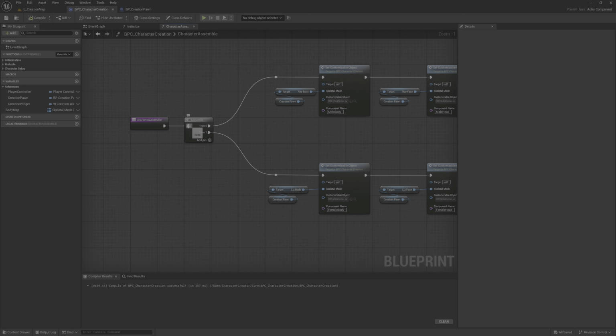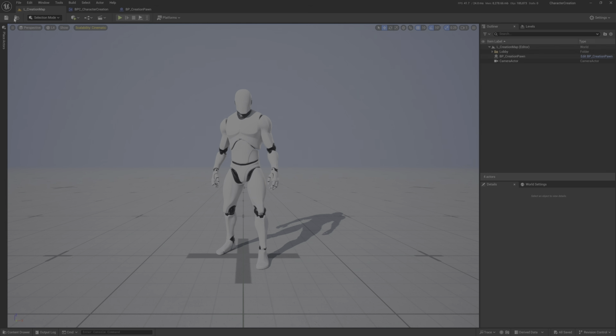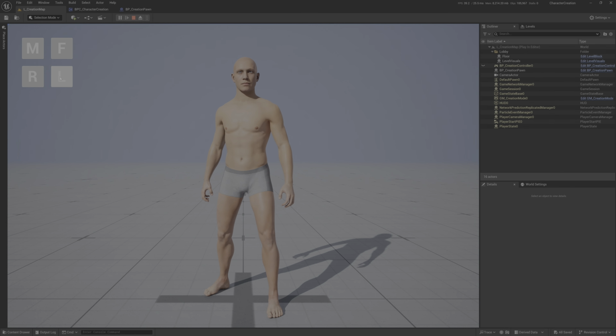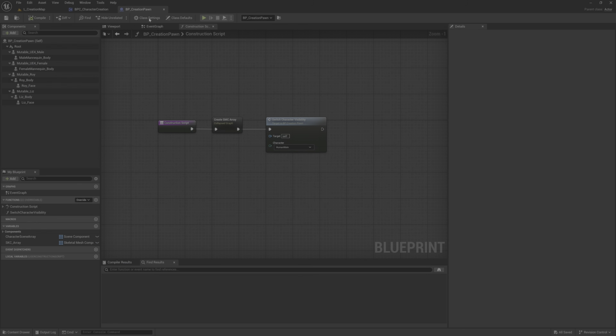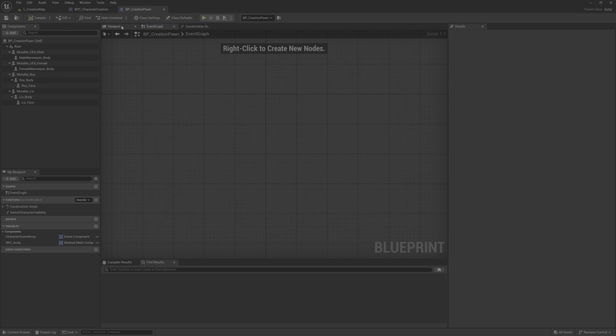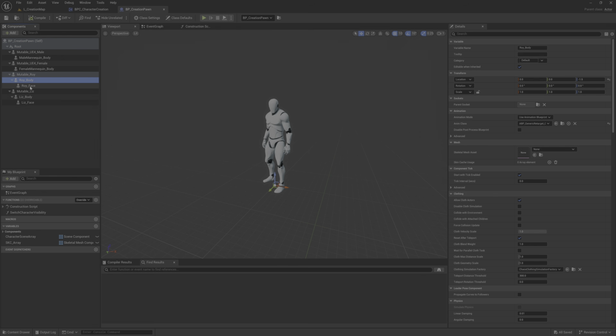So if I disconnect this and try to play this, we don't have Roy listed. Sorry, why do I have Roy listed? No, it's not here.